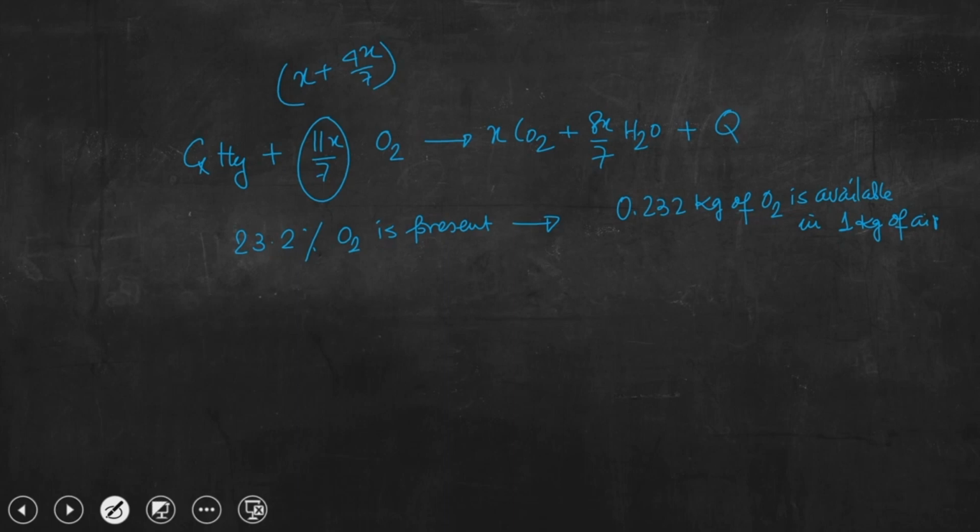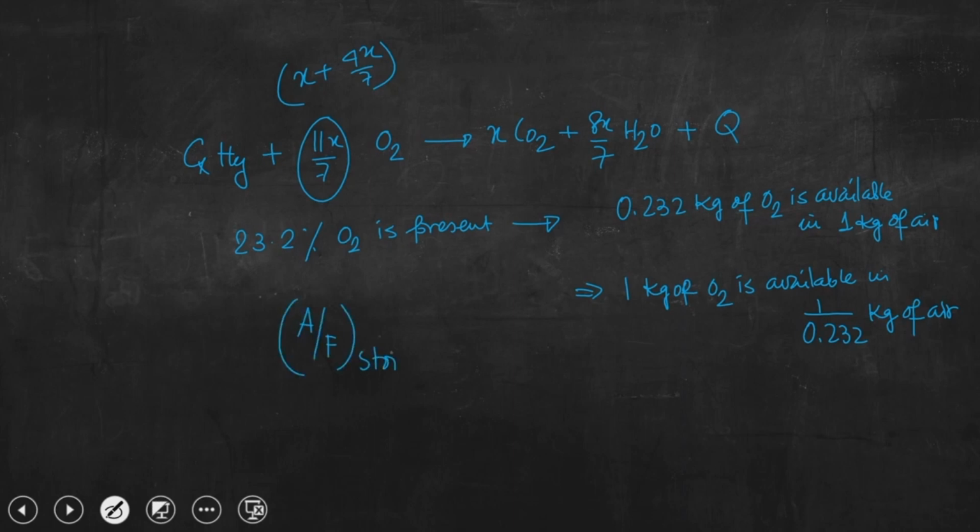That means 1 kg of oxygen is available in 1 upon 0.232 kg of air, right. So, that means air by fuel stoichiometric is equal to